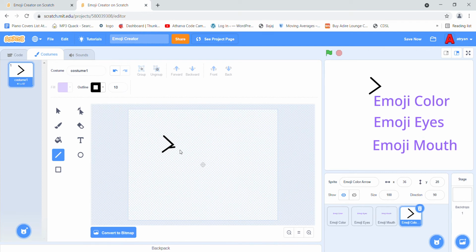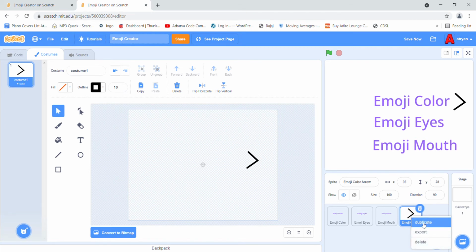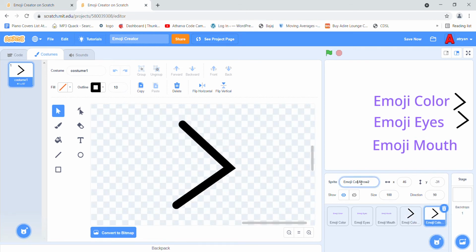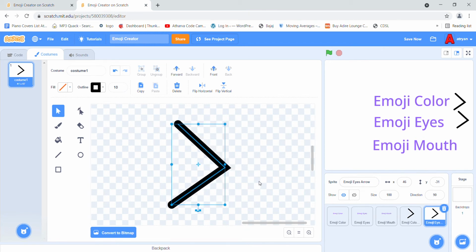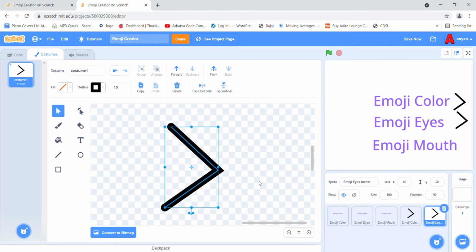Okay, I need to stop selecting the line option. I think maybe right here will be perfect. So let me duplicate this emoji eyes arrow. Okay, yeah, that is fine. Oh, it spawned at the right position. I only have to move it a little bit. Okay,